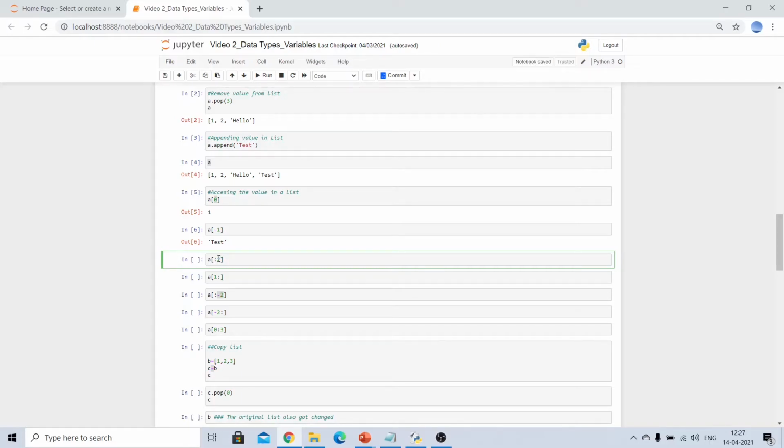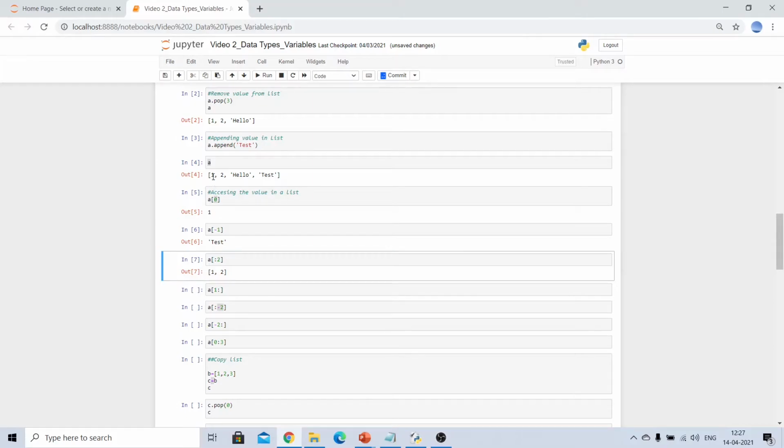As we discussed, whenever we do slicing in a list, the starting position is included while the ending position will always be excluded. So in this case, I will get all the values from the 0th position till the 2nd position, and the 2nd position will not be included. So we will get the values present in our 0th and 1st position. You can see I got the values 1 and 2.